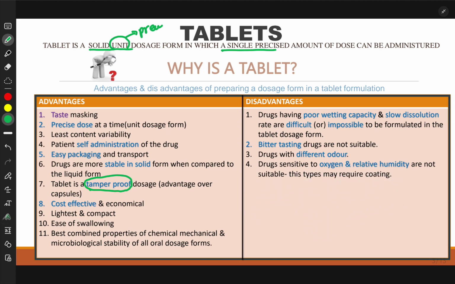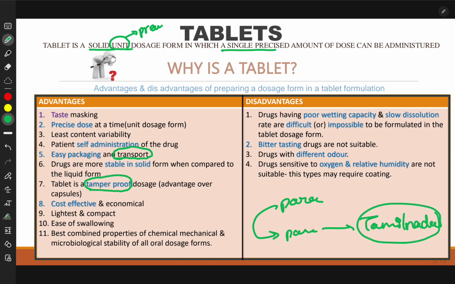Why has this transport topic come here? See, an industry is placed at a place where the complete resources, human resources, etc. are available, and also governmental support should be there. By taking all these factors into consideration, a factory or industry is placed at one place. Take the common example, paracetamol. If a plant manufacturing paracetamol is placed at Tamil Nadu,